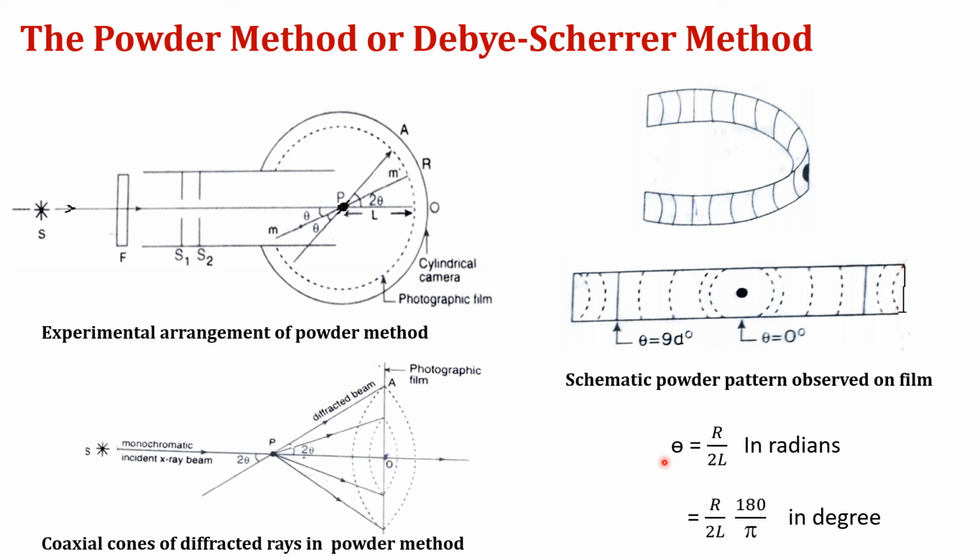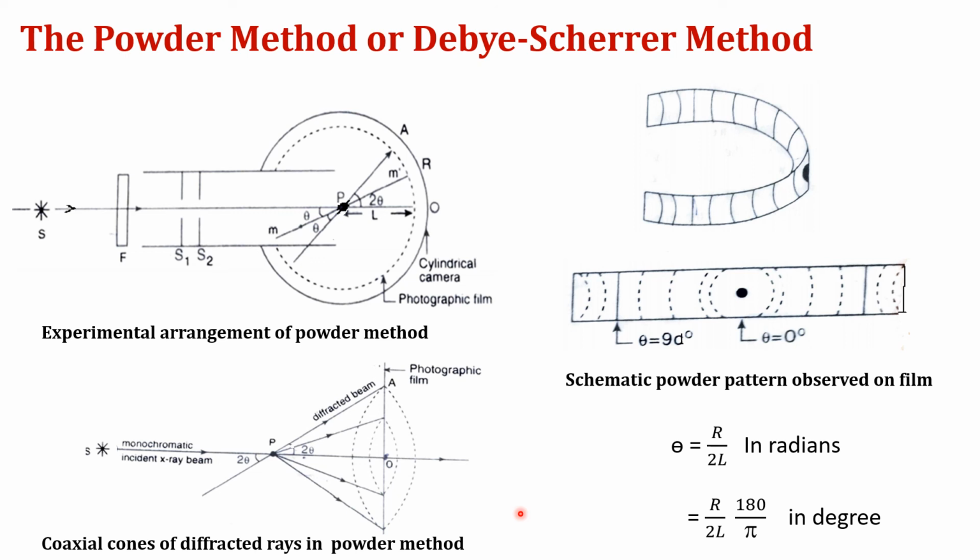Theta we get from the resulting diffraction pattern, and we can measure it in radians or degrees. Hence, theta and lambda are known, and then it becomes possible to find the interplanar spacing. And if the interplanar spacing for a given material is known, then it becomes easy to understand